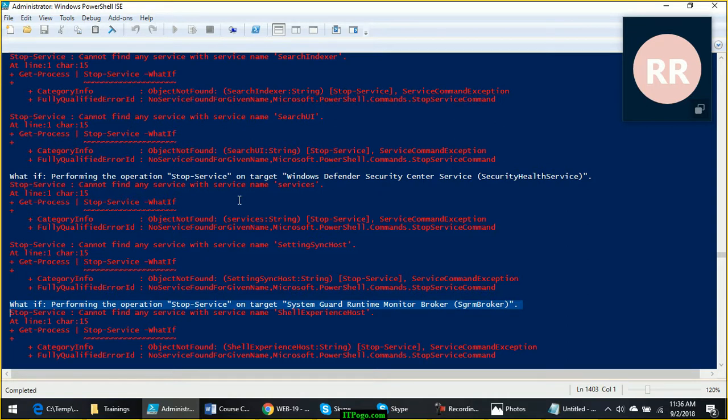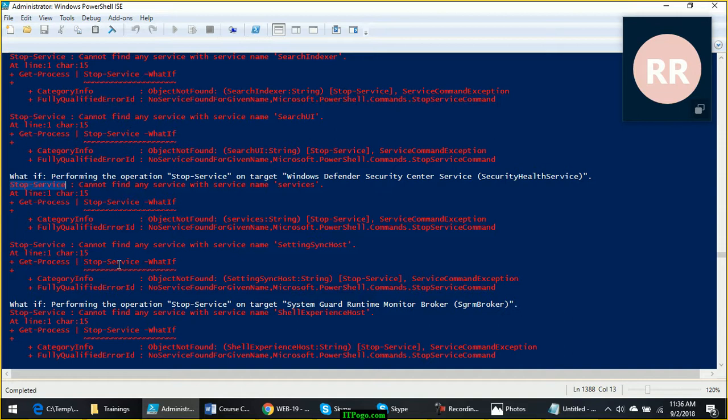Now the question is, the output data type of get-process does not match with the input object requirement for stop-service, because stop-service requires a service controller object. And what is the object type produced by get-process? It produces a process object. That means plan A is not at all coming into picture.